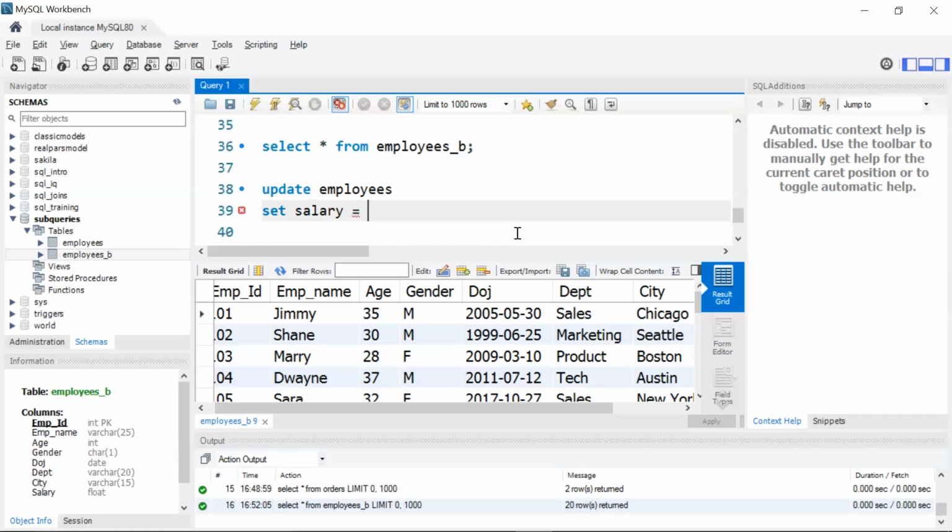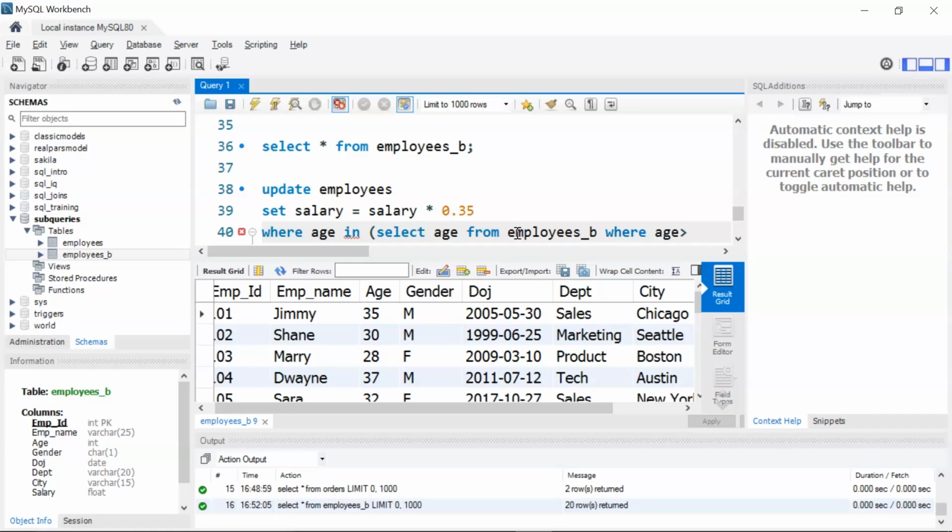I'll write set salary equal to salary multiplied by 0.35, where age in, then I'll write select age from my other table, that is employees_b, where age is greater than or equal to, let's say 27. Alright,